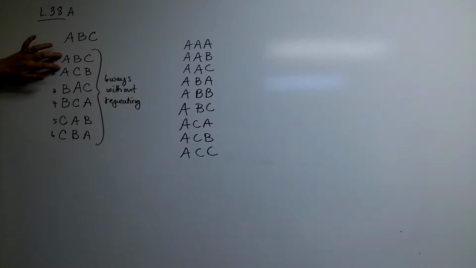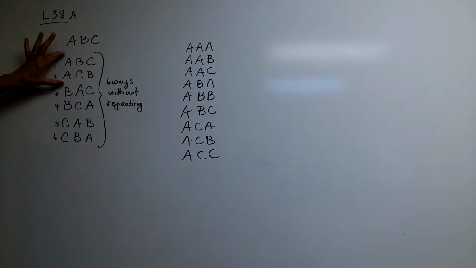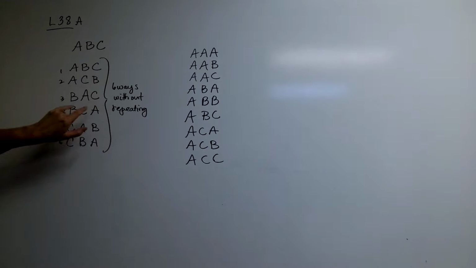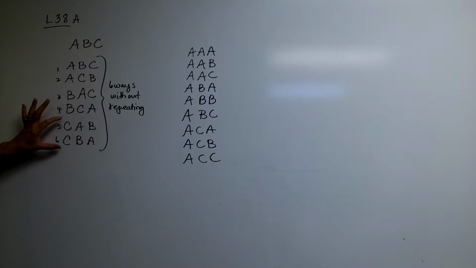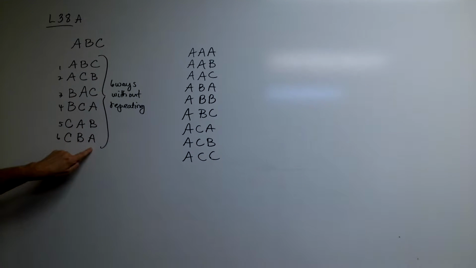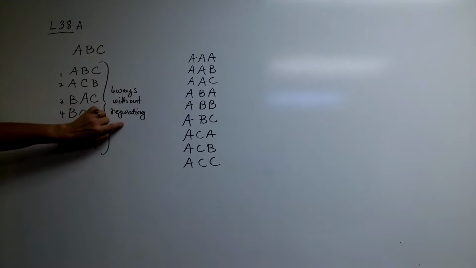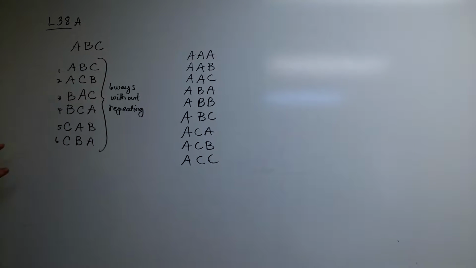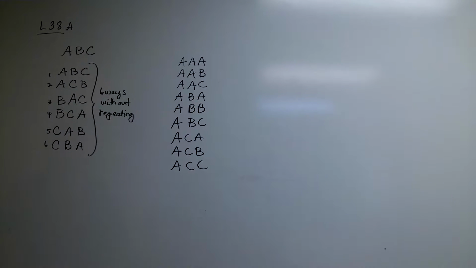So we could arrange the blocks as ABC, ACB. Those are the only two ways if the A is in the first position. If the B is in the first position, then we can only put the A or the C, or the C and the A. And if the C is in the first position, then we can only set the A and the B or the B and the A. So there's 6 ways that I can arrange A, B, and C if I'm not repeating any of the letters, only 6. Now, if I can repeat, for example, you have A, B, and C, and you want to, this